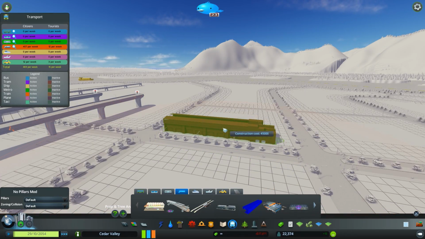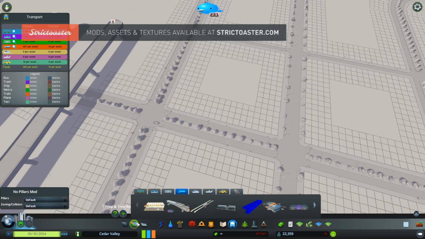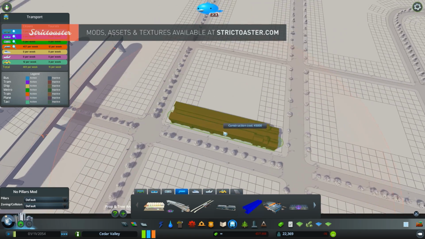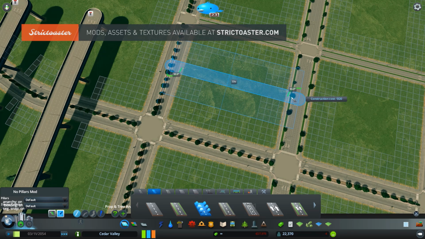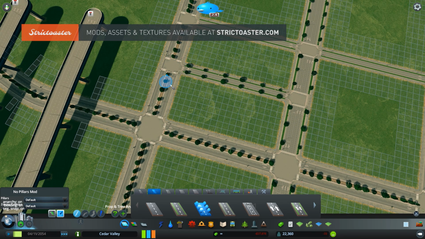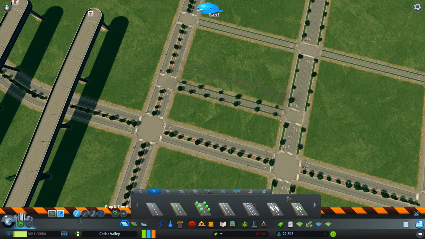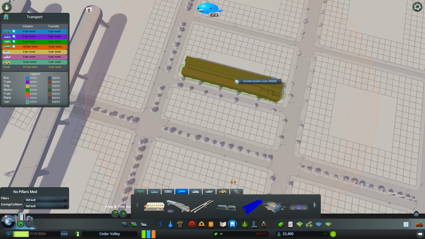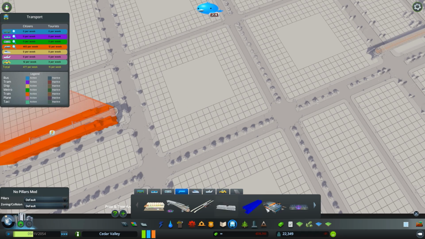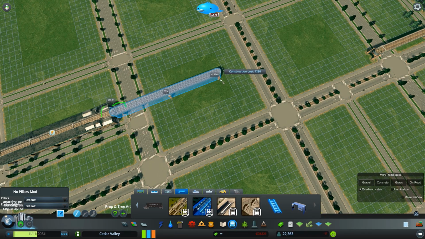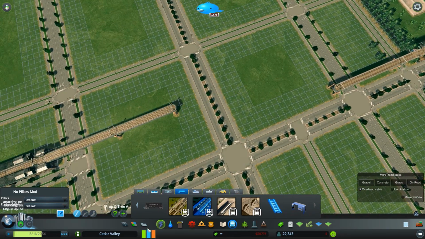I think we're going to keep it simple and have the same type of station on every single one of these. And it occupies 3 tiles. So if you want this to be in the middle, we want to grab the street, put it right in the middle, and then go do this, I think. Yeah. And that way, if we put down the station right over here, it's in the middle. And what's next is to get the rail going. Starting from here, probably. And we can just simply